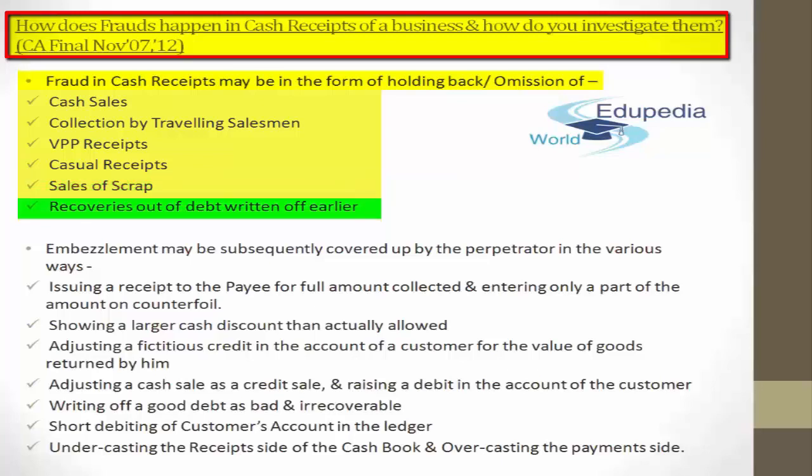Now, recoveries out of debt which has already been written off earlier. There was a person with whom you transacted, let's say Mr. Ram, and he went bankrupt. So apart from writing off the debt which you provided to him, you don't have any other option. So you removed his name from the debtors, and later on one of your employees got to meet Ram someday, and Ram was healthy and fine with respect to his business now, and he was able to provide him the amount. And that person didn't share that news with you as a boss. So for the recoveries which are made out of the debt which was already written off earlier, there is a possibility that fraud may happen when the person holds back or omits the same.